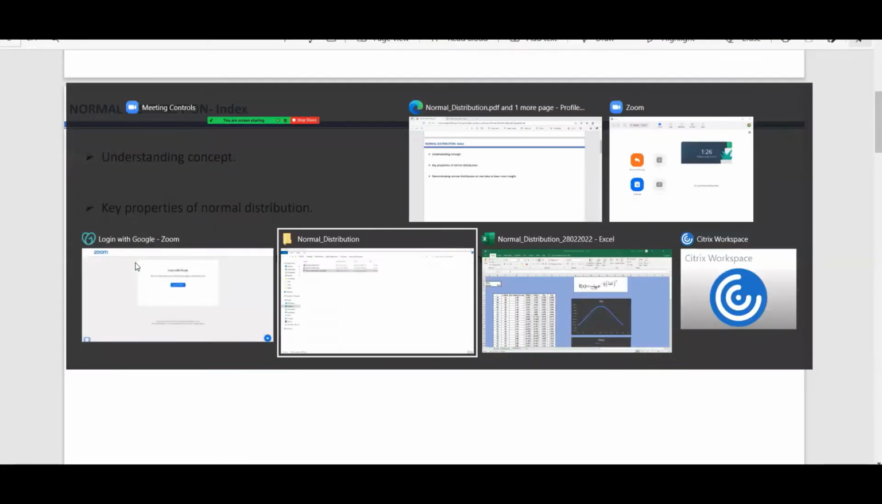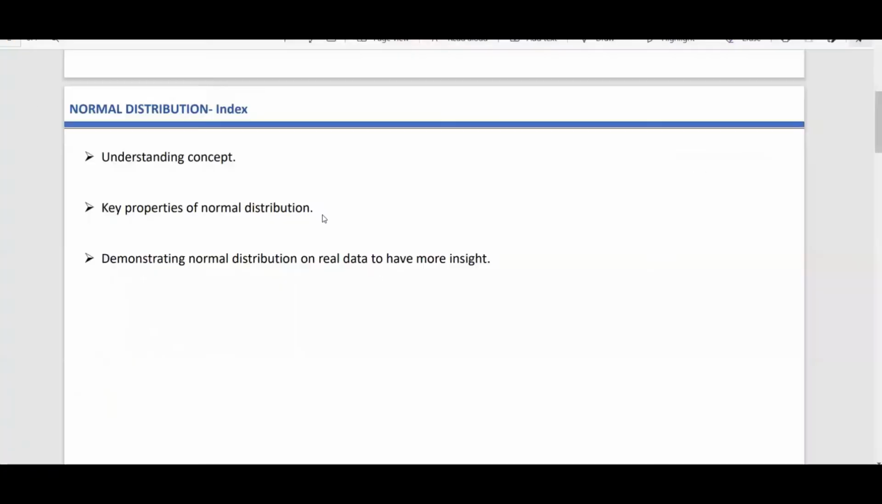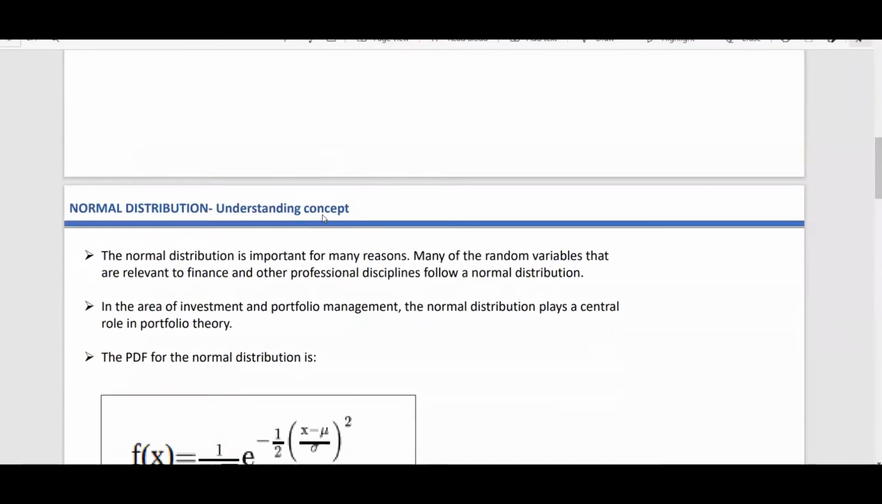So I have come up with some hypothetical data. You can take real life data wherein you can just apply the logic that I'll be explaining here to get more insight of how the data is basically behaving in real life. So let's move ahead. This normal distribution concept is very important because,